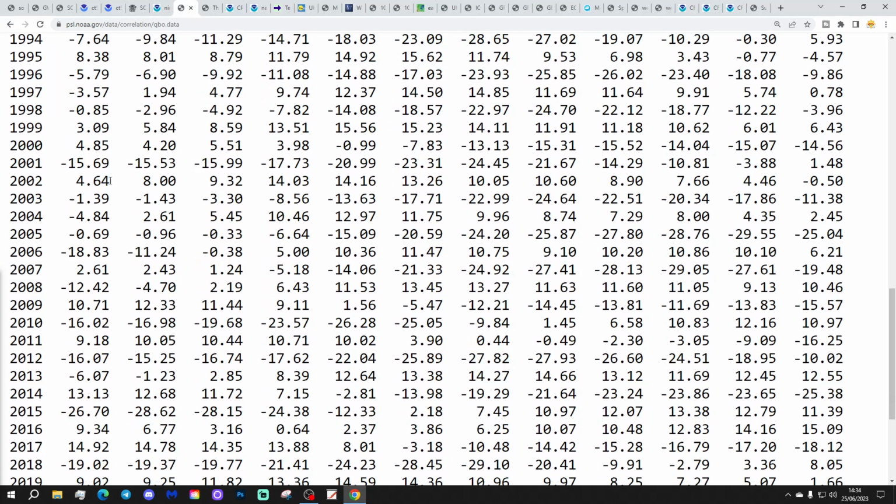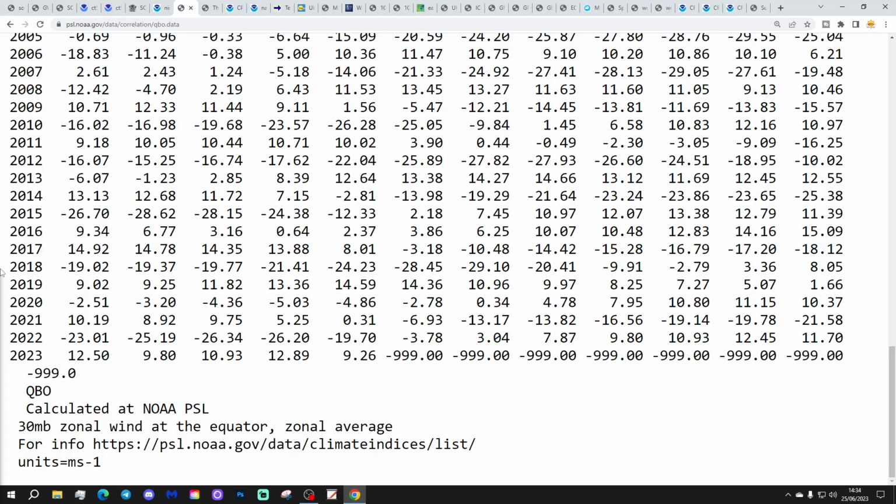QBO, quasi-biennial oscillation, is still in the westerly phase. So this is a QBO page from NOAA showing every month's worth of QBO numbers back to the 1950s. 2023 just here. You see we've got these positive numbers, plus 12, plus 9, plus 10, plus 12, plus 9, telling us that the westerly phase of quasi-biennial oscillation goes on. But it is drawing to a close. We should be starting to see the westerly QBO reversing to easterly through the remainder of this summer and into the autumn. The last number we have for May is plus